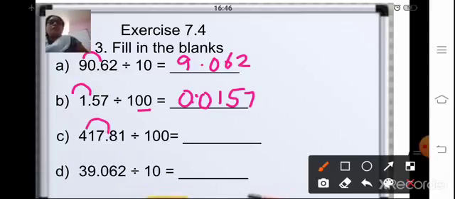Third one is 417.81 divided by 100. Again 2 places towards your left. So your answer is 4.1781. And the last one is 39.062 divided by 10. So 1 place towards the left. So your answer is